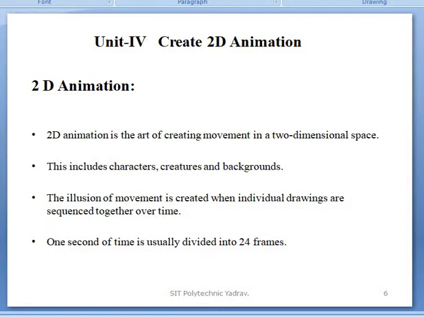Individual drawings are created one by one, and those drawings are sequentially arranged, and when we play them you feel that this is a movable object. Next point, 1 second of time is usually divided into 24 frames.